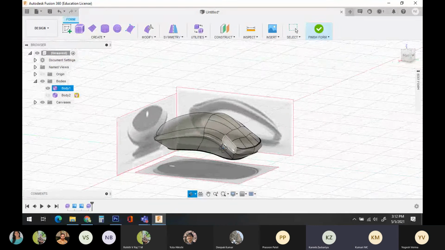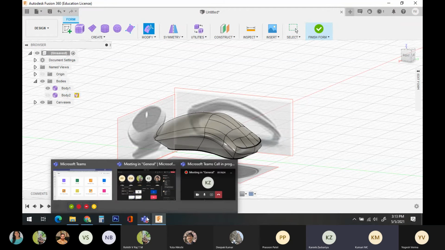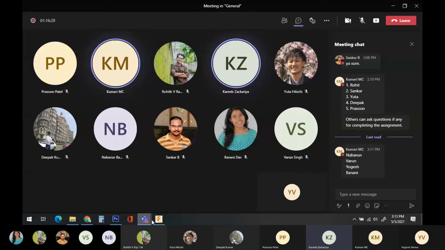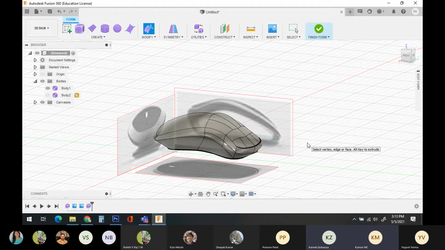Okay. So void, there are two ways. One is by creating a new 3D surface and doing a Boolean if you want to subtract.